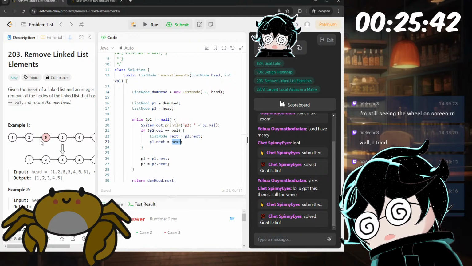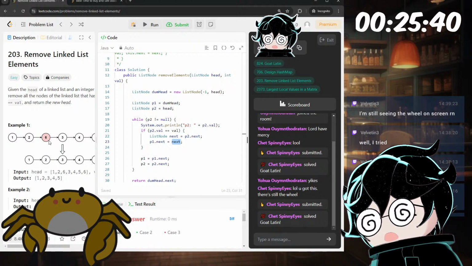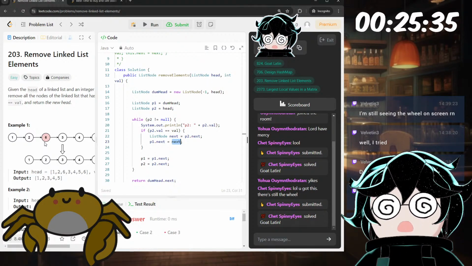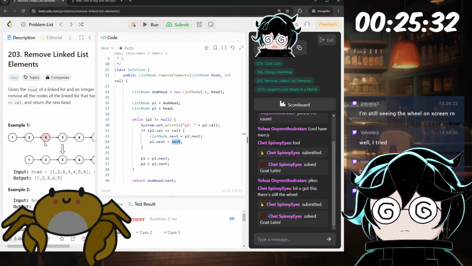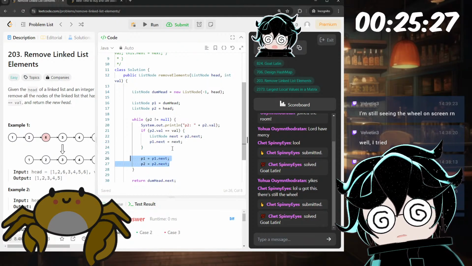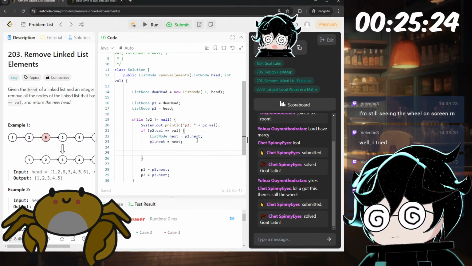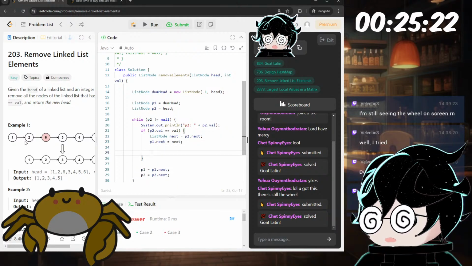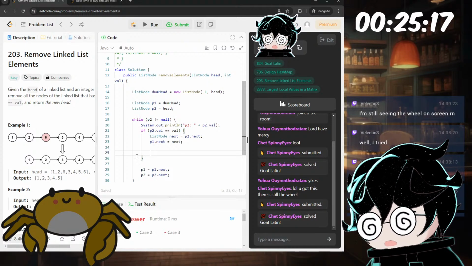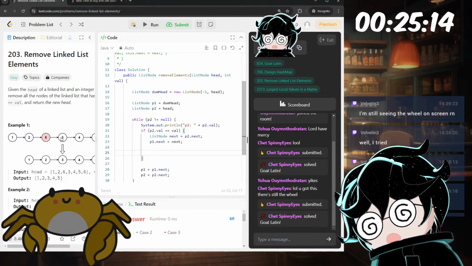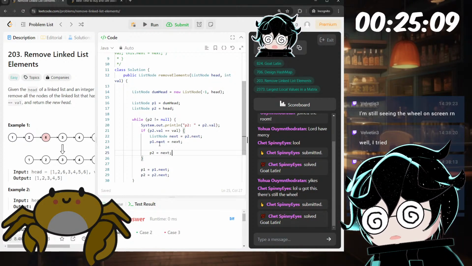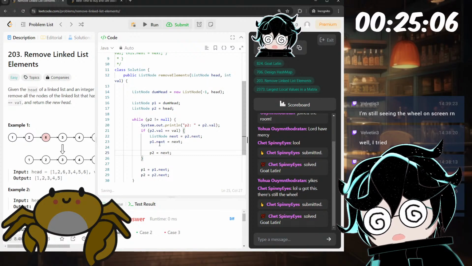So if we remove this here, P1 was here. Oh man, what? Something's fishy with the way we're updating the pointers here. So P1 will be here, P2 will be here. What would be the new start? P1 would stay the same, right? P1 needs to stay the same because we need to look at this one now. So P2 would then be equal to next. Yeah, okay, and then P1 stays the same.